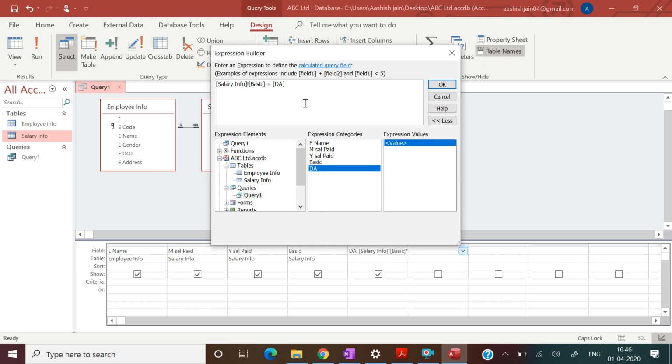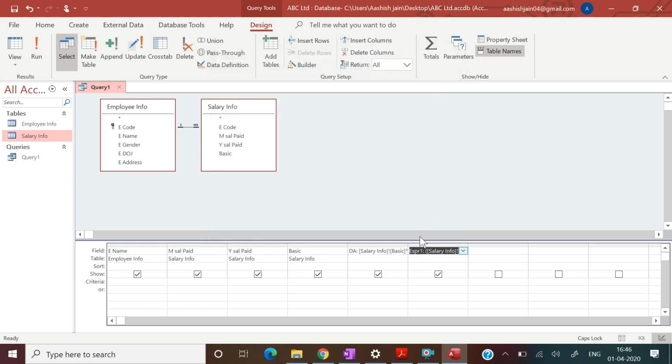That should be 30% of basic plus DA, so we need to put brackets on both sides and then put the multiplication sign 0.30 at the end. So BODMAS will be applicable here. Now press OK. Now edit Expression 1 from here and put HRA.